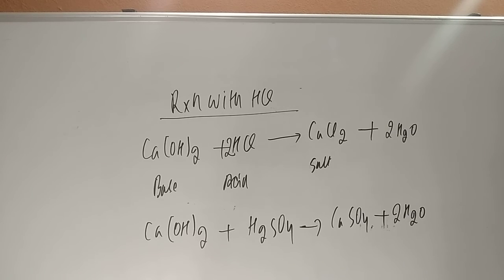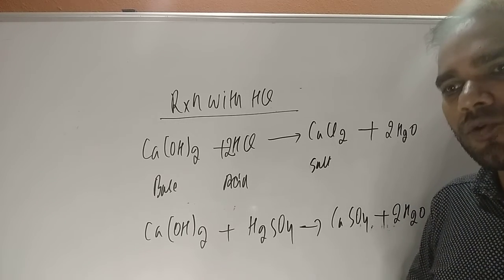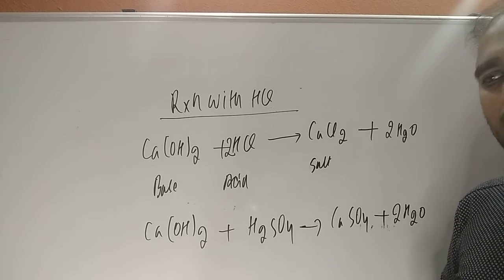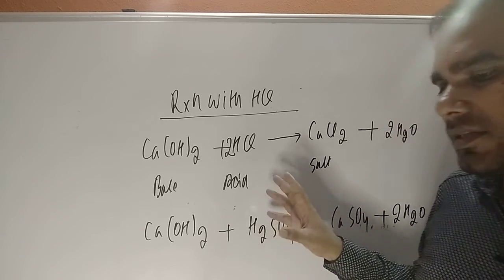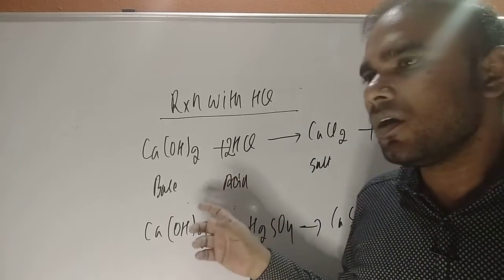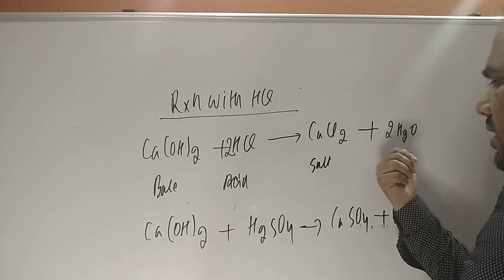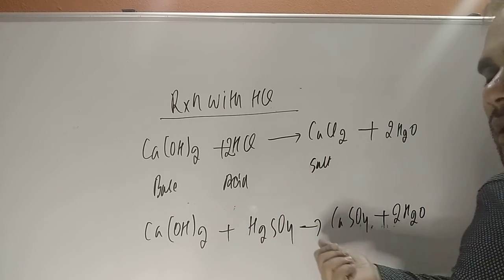Okay, suppose, students, if you are going to study other reactions, there are many reactions, students. In the case of slaked lime, we have to understand the method of preparation, which you already understood. There are 2 methods of preparation: calcium chloride and sodium hydroxide, and the first method was quicklime and water. And similarly, what did we do with chemical properties? It is reacting with acids, releasing water, and salt is being formed.